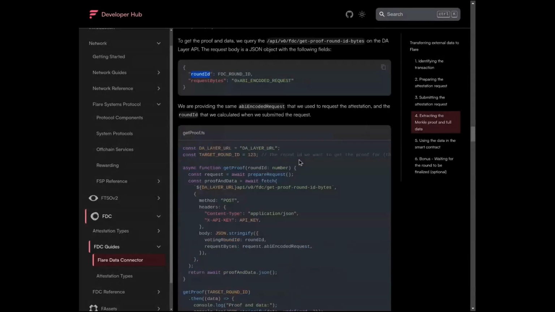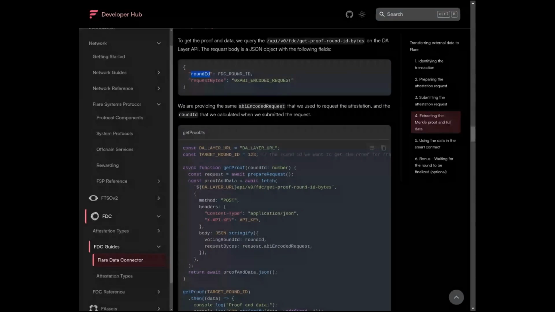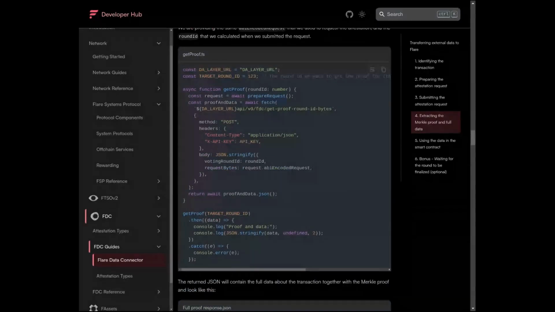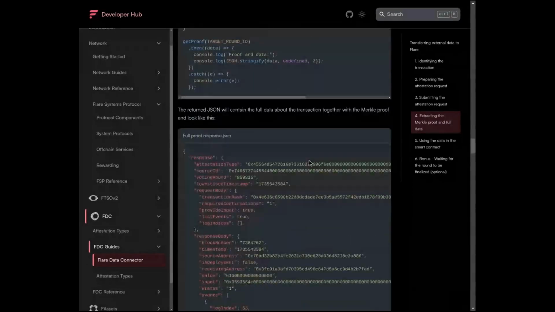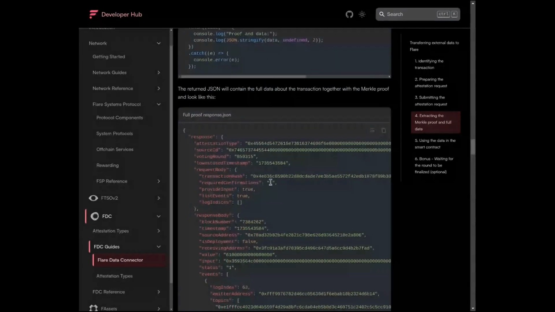The DA layer API will then respond with a JSON object containing two fields: the proof, which is the Merkle proof itself, and the response, which contains the full data about the attested transaction. This response includes all the details, including the event logs that we're interested in. So the retrieved proof and response are what we will now use in a smart contract to verify the data and extract the event